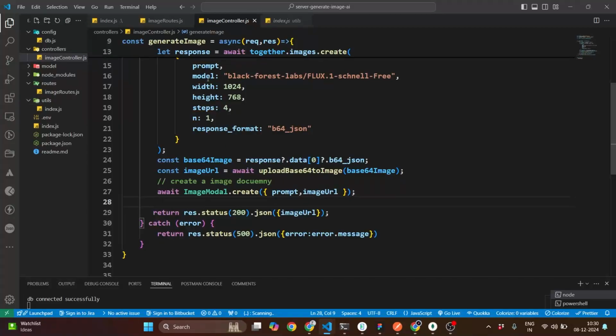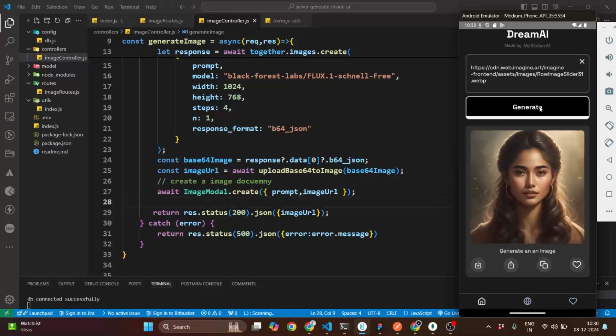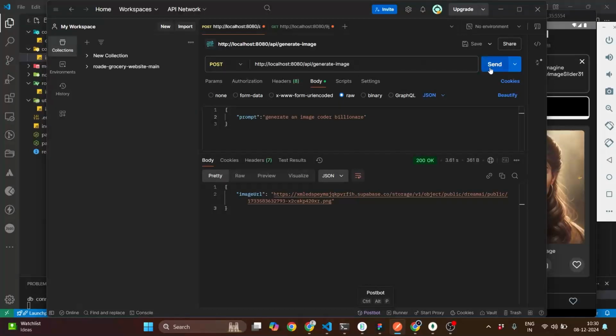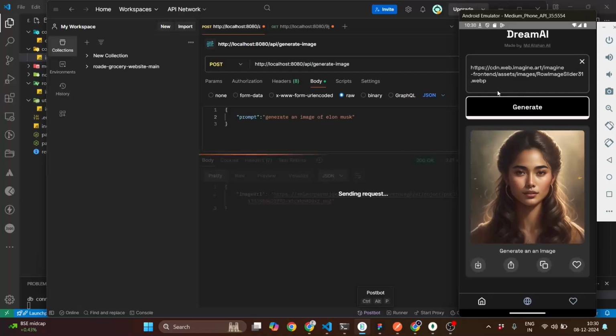All right. Now, moving to the next stuff, which I already discussed in the last video, but I'm going to discuss it again. We have completed this generate API. Whenever the user clicks on this, we call this generate image API, and it generates an image. So let me generate an image again. Let's write, generate an image of Elon Musk, for example, and click on send. So I just hit this API. Whenever you type something and click on generate, this is the API we are going to use